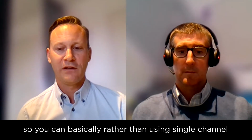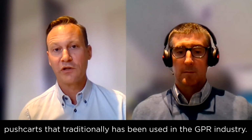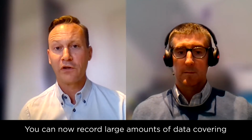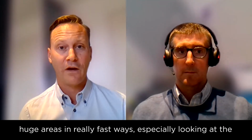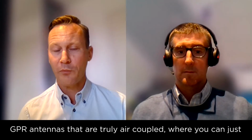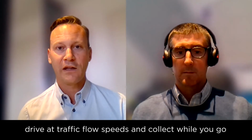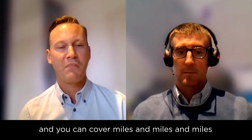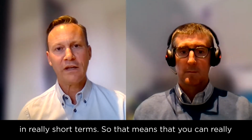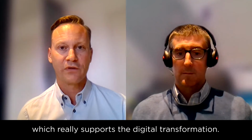So you can basically, rather than using single channel push carts that traditionally have been used in the GPR industry, now record large amounts of data covering huge areas in really fast ways, especially looking at GPR antennas that are truly air coupled, where you can just drive at traffic flow speeds and collect while you go, and you can cover miles and miles and miles in really short terms. So that means that you can really get a digital twin of the subsurface as well, which really supports the